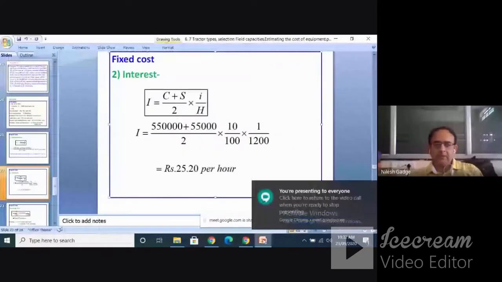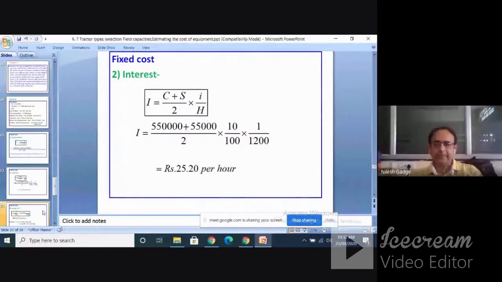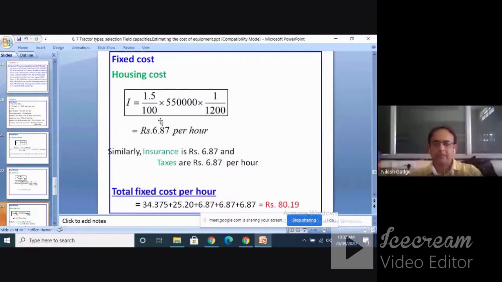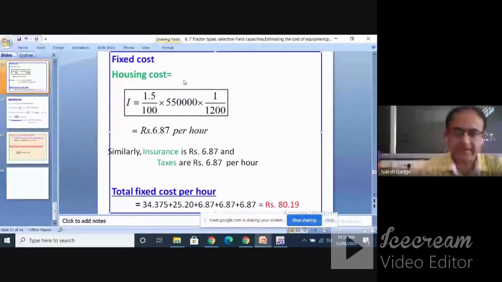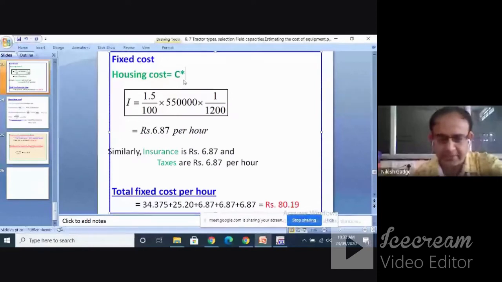Now you have to calculate housing, insurance, and taxes because all are 1.5% of the initial cost. How it is calculated, I will tell you. I will put the formula here. Housing, or all that, how it is calculated. C is the capital cost of the tractor. Then it should be multiplied by 1.5%, because it is given,